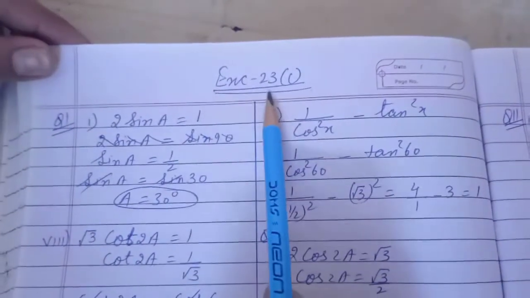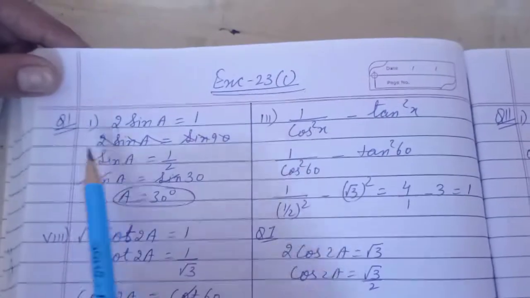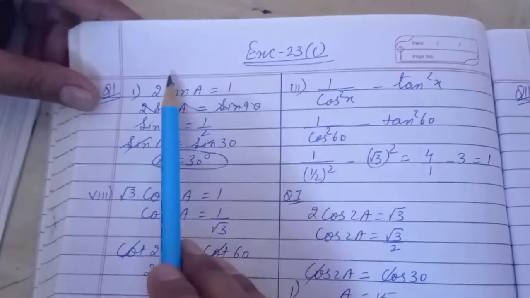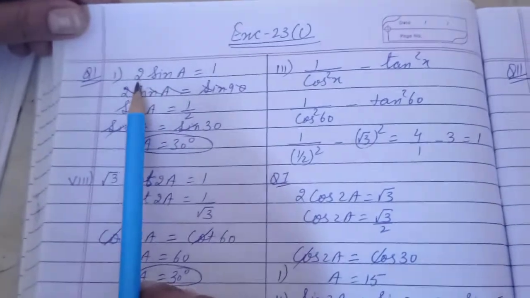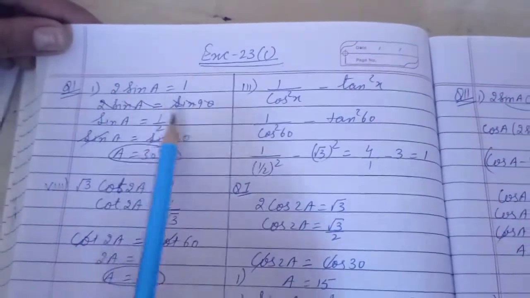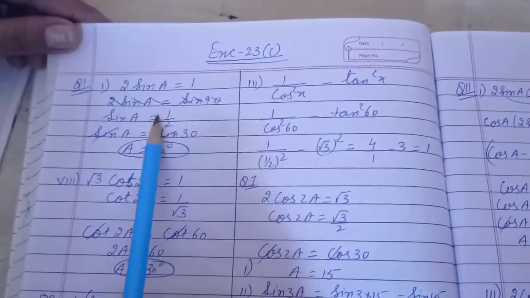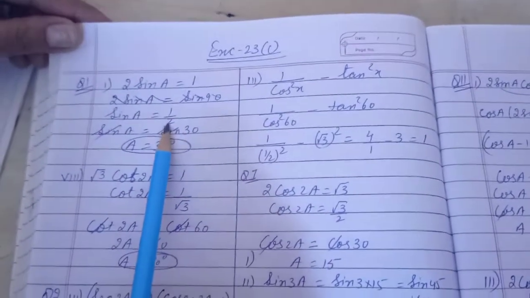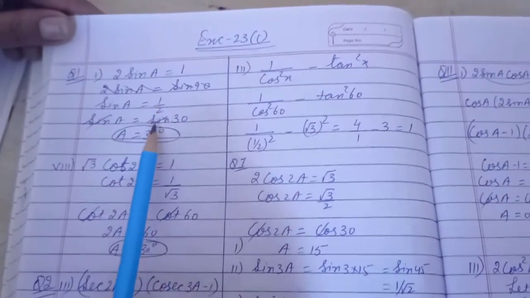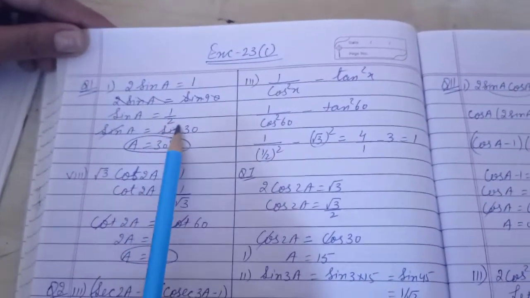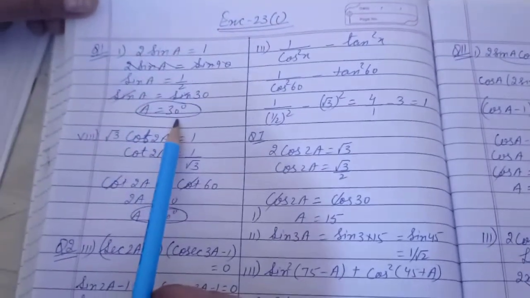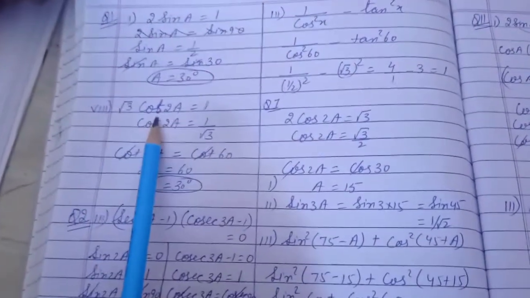Let's start with exercise 23C. Very important. First question, find the magnitude of angle A. Now these are different types of sums. This is given to you. Children, can I write sin A is equal to 1 over 2, taking 2 to this side? Now you have to keep in mind, sin is 1 by 2 at which angle? Sin 30 is 1 by 2. So in place of 1 by 2, I can write sin 30. Sin and sin will get cancelled. So what is the value of angle A? 30 degrees.